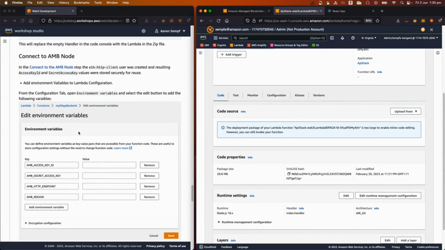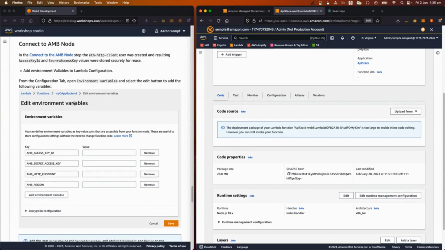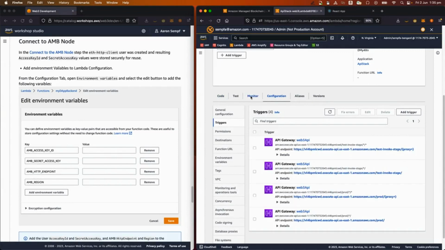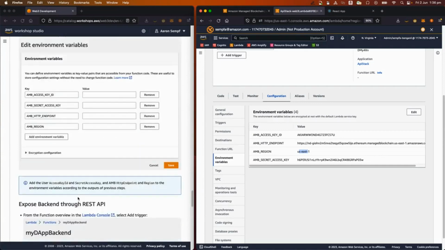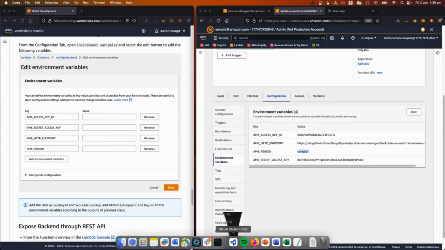So we want to connect the AMB node. Connecting the Lambda to the AMB node is as simple as what I said before. We've already set up environmental variables. So we've already set up our Lambda to talk to it. It's asking for the HTTP endpoint, the secret key and the access key, all of these that you selected from creating your user, and the region that we're in. So go ahead and create those environmental variables, and they'll be used directly by the Lambda as we saw